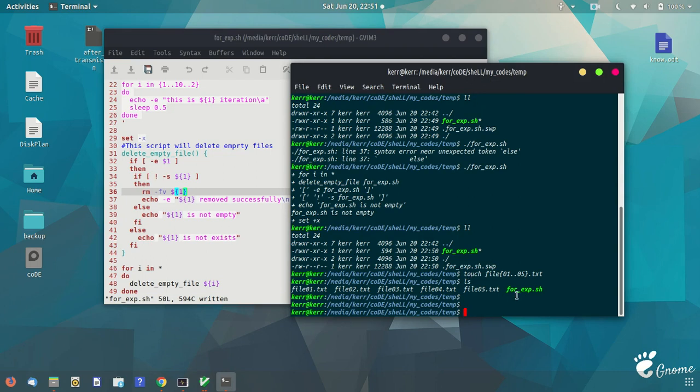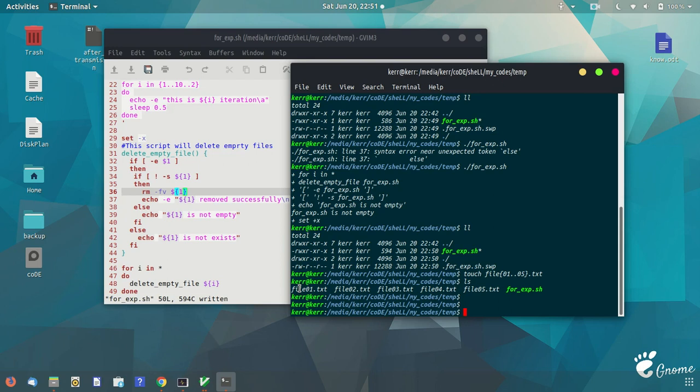Okay, so what we can do, we just write something within file 01 and then run the whole code. The script will check each of these files and only delete the empty files. So if something is written within file 01, then file 01 will not be deleted.